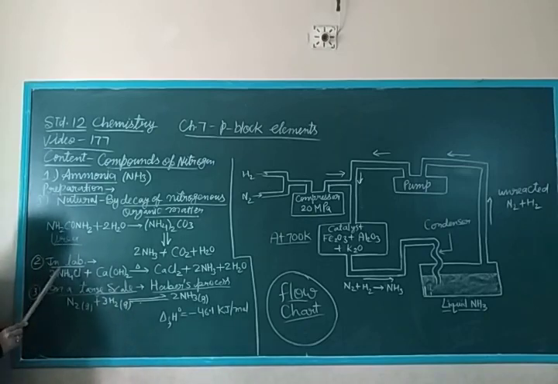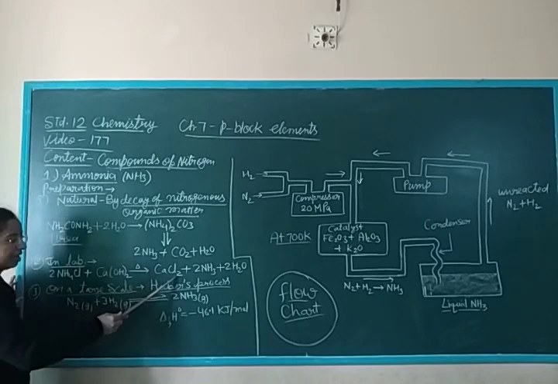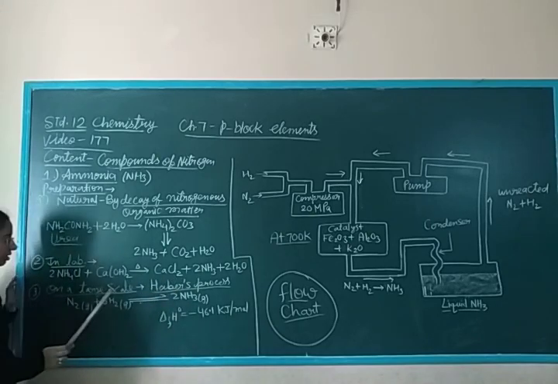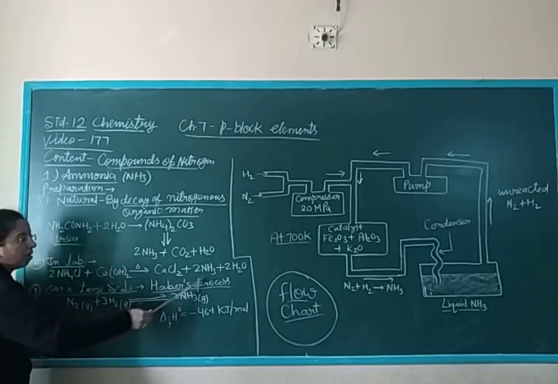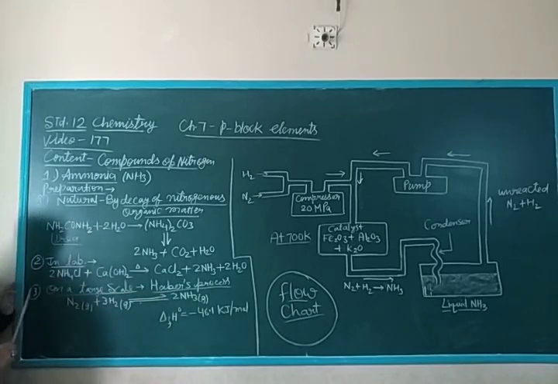Next is the laboratory method. In the lab, ammonium chloride reacts with calcium hydroxide (slaked lime) and is heated, converting into calcium chloride, ammonia and water. So on heating, ammonia is easily formed. But on a large scale,